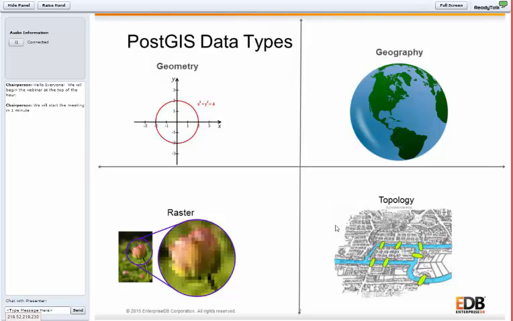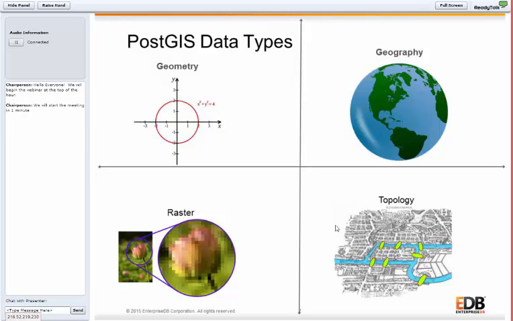The geography type was more recently added. I believe it was PostGIS 1.5, so fewer functions are supported. But again, you can use ST_Transform to cast to and from geography and geometry. There's some overhead involved with casting on the fly or reprojecting your data on the fly.